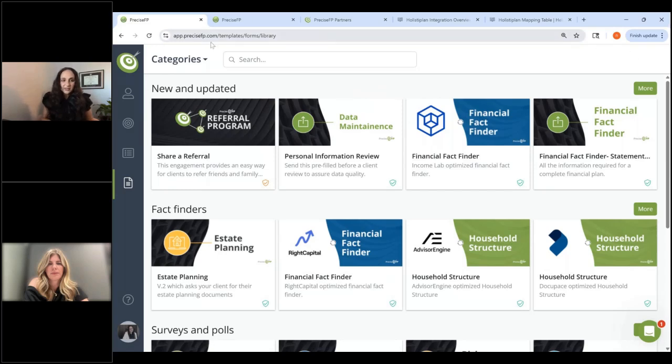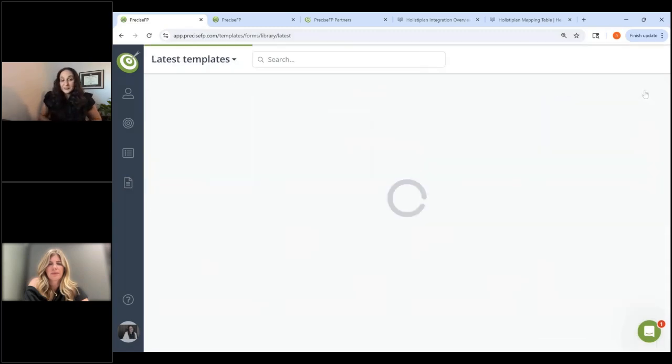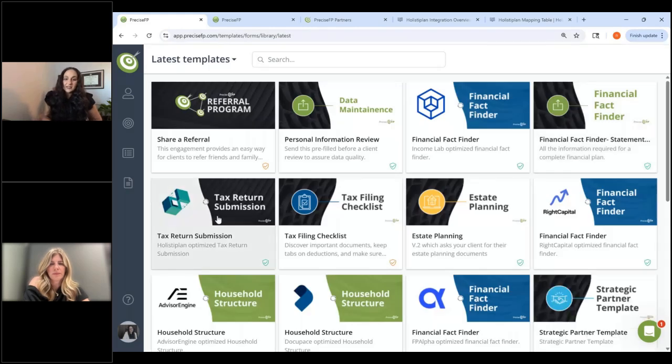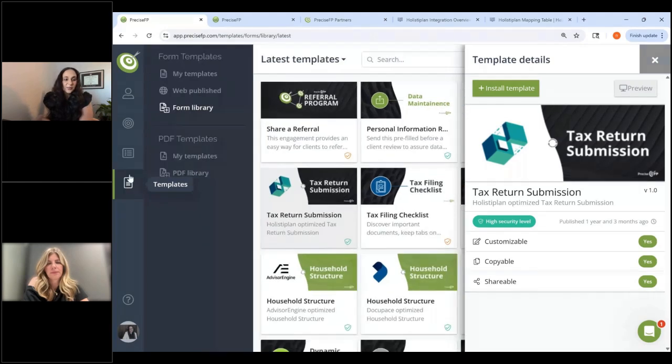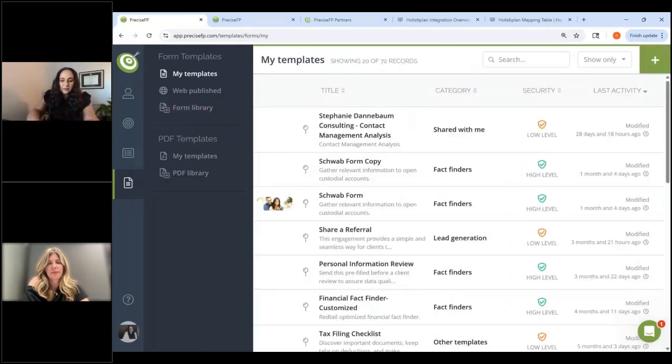So you can type in Holistiplan here in the search. I like to just go to more for the new and updated section. And you'll notice the fifth one here is that tax return submission with Holistiplan. So if you haven't already, you're going to want to install this template. What that means is it's going to pull it from the library and put it into your templates area. So this is the front end work that's entailed with this. So you'll go back to the templates area, you'll go back to my templates,